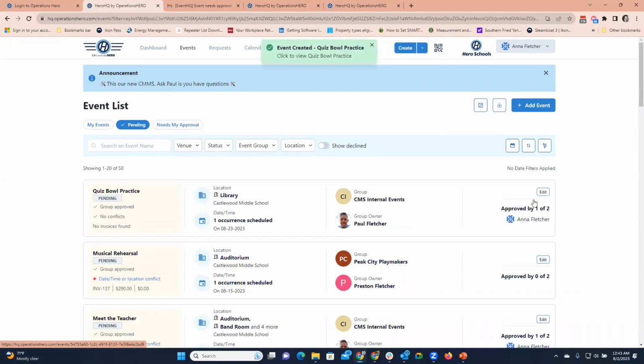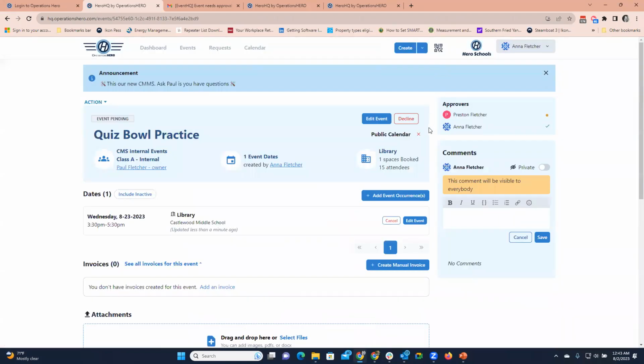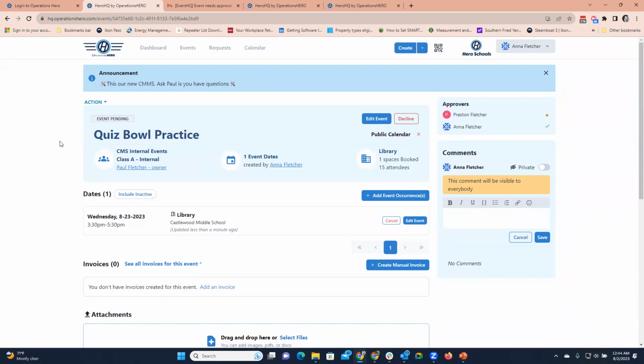And what you'll notice is it's already approved by one of two. So if you click on it, you'll see that Anna, and it looks like we have a conflict there. Anna has approved it just by putting it in. So if you're an approver on the venue, then it's going to show that you've already approved it when you submitted it. So that's the big thing that we wanted to go through, was how to approve, resolve conflicts, and submit events